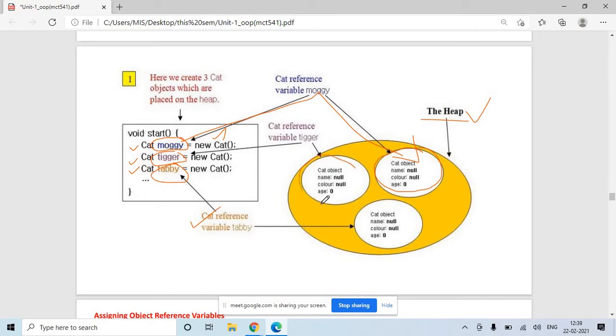Here the new cat will reserve the space required to store all the features, say name, the color of the cat, the age of the cat for the Tiger. And here the new will reserve all the space related to Tabby, the name of the cat, color of the cat and age of the cat. This is how the object creation works.